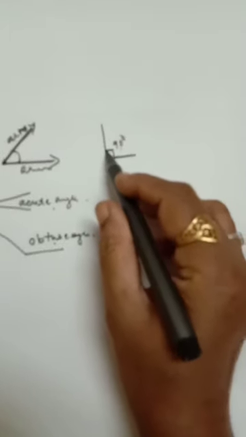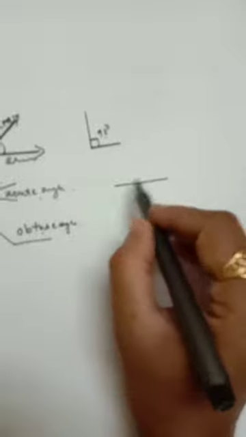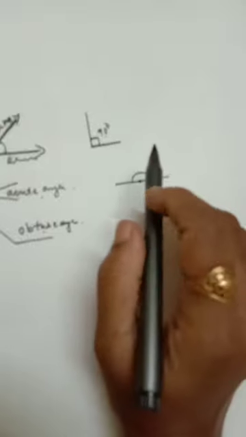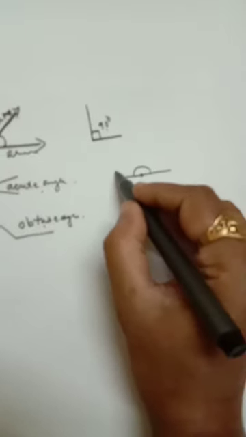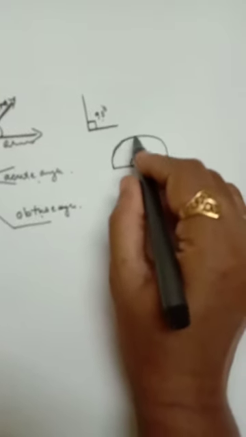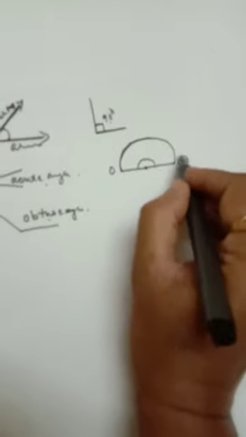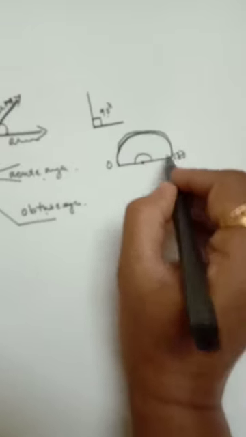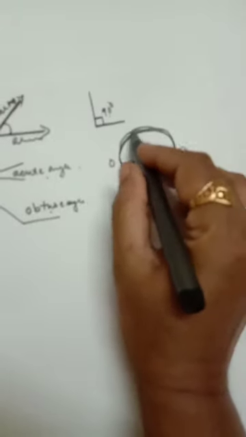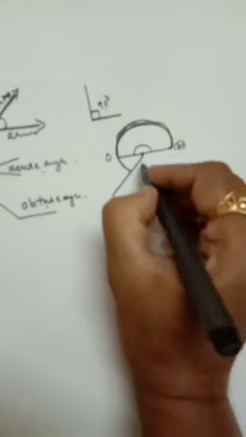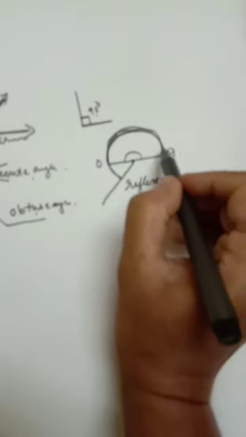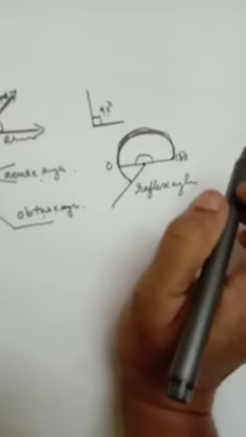Now reflex. Reflex means, see, this is a straight line angle. See, from here to here 180 degrees. How? In your geometry box you check it. There is one equipment, you call it D. Otherwise the name is protractor. On the protractor you can see 0 to 180 degrees. That means total 180 degrees. See, till here how much? Here to here 180 degrees, and more than 180 degrees is called a reflex angle. Okay, more than 180 degrees is called a reflex angle.